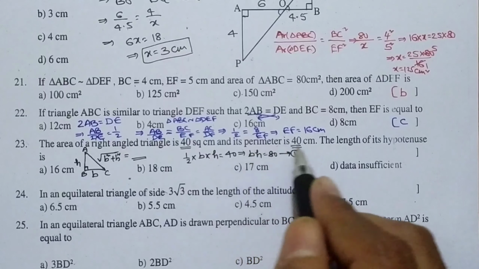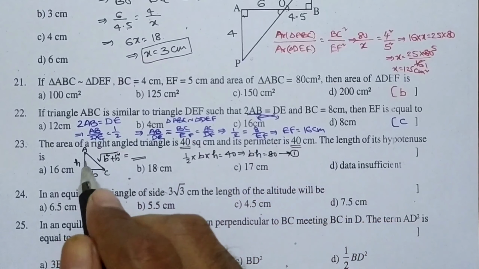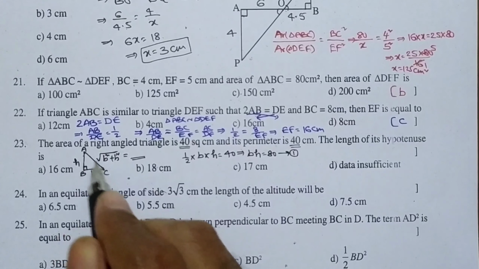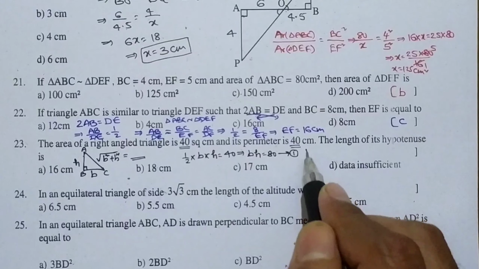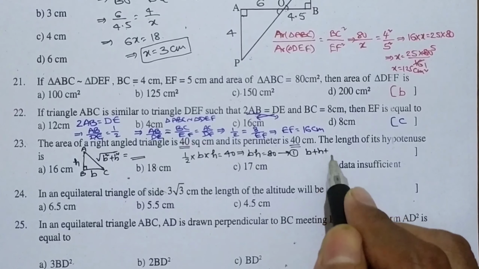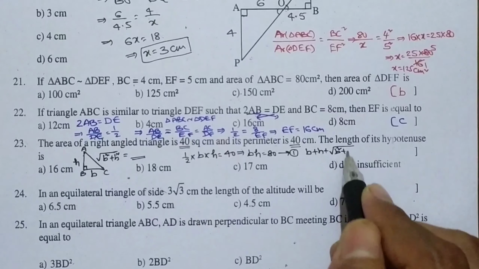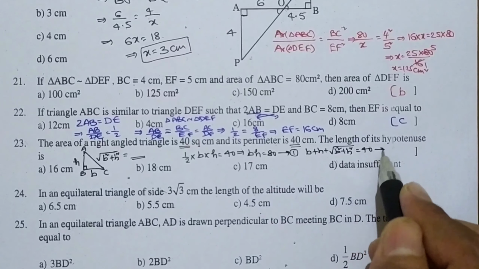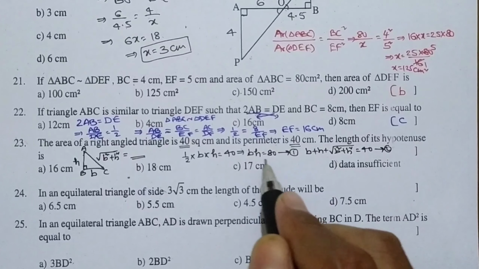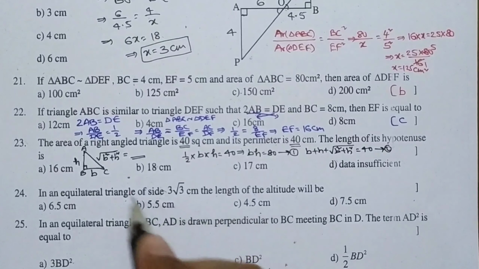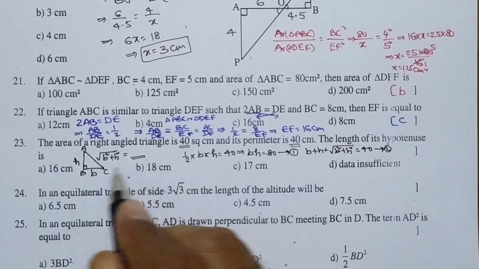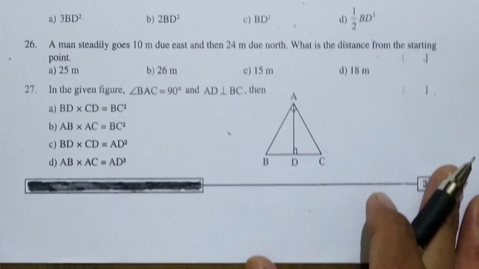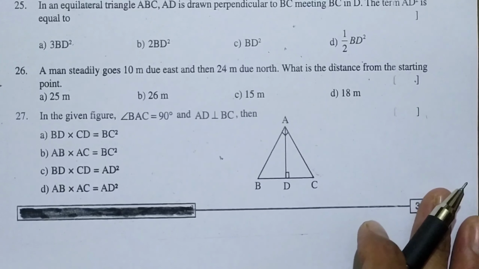And also given perimeter is 40. Perimeter means, see here we need to add all, B plus H plus under root B square plus H square, that is 40. See here I am writing B plus H plus under root B square plus H square is also 40 because this is the perimeter, perimeter is given as 40. This is equation number 2. Now we solve 1 and 2 so that we will get the value of under root B square plus H square. As here space is not sufficient, so I would like to do this problem down here. Now here I am writing what is given.